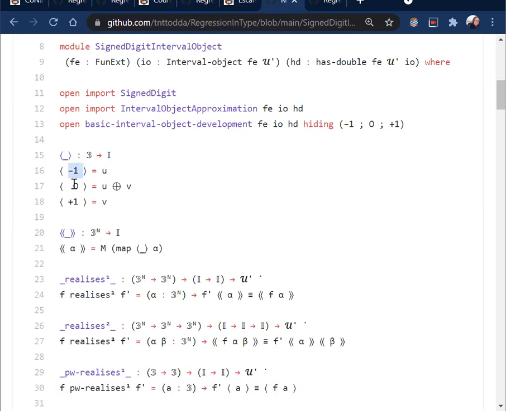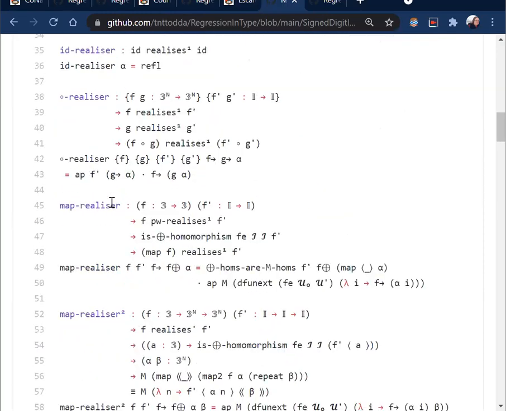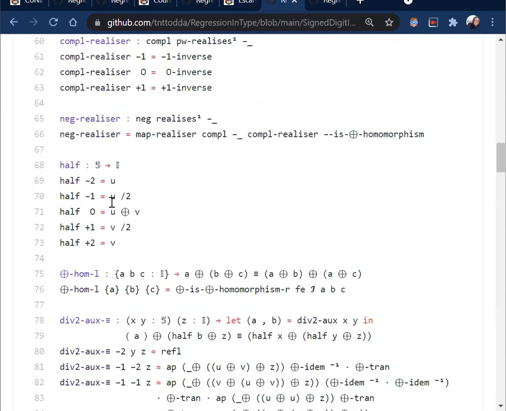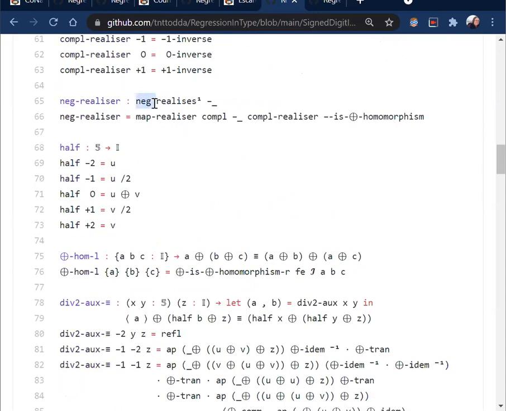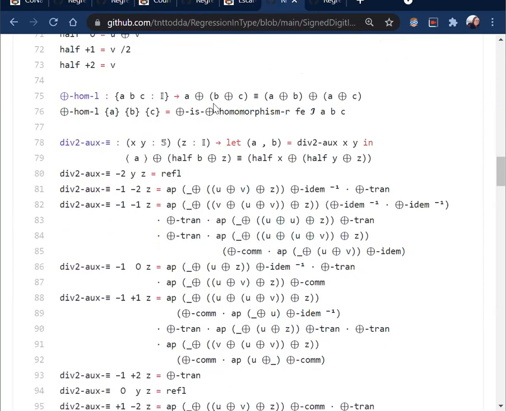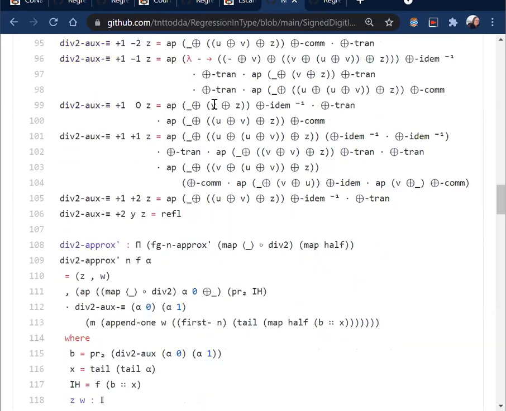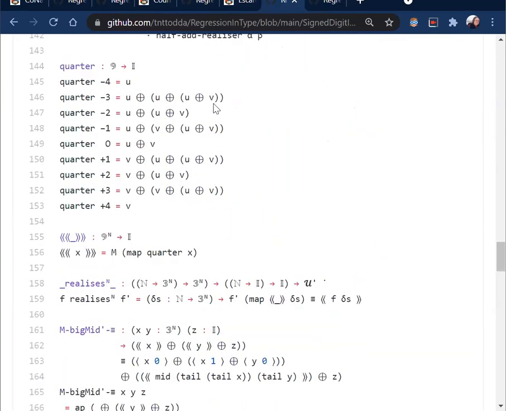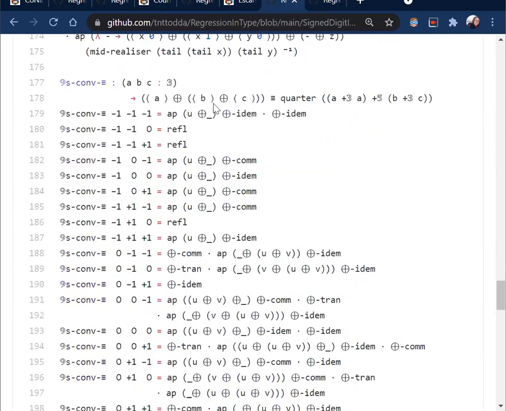These points, so for example, -1, 0, and 1 are obviously represented by the endpoints of the interval. And then what we prove are things like the negation operation on codes realizes the negation operation on the specification. And we do the same for midpoint, and we do the same for multiplication, and we do the same for the infinitary midpoint. And these are heavy proofs, but